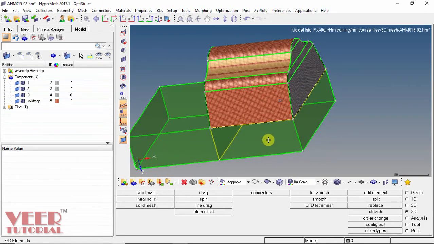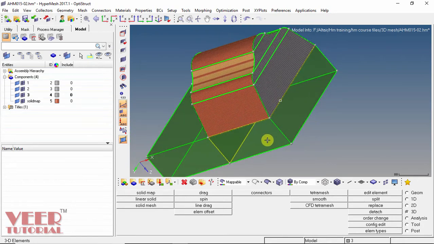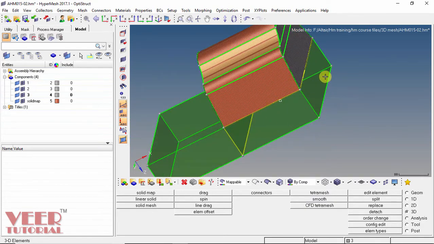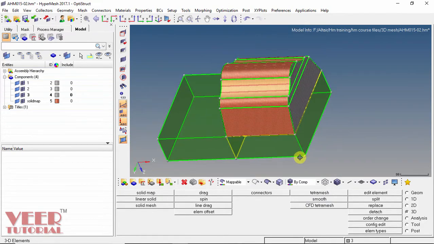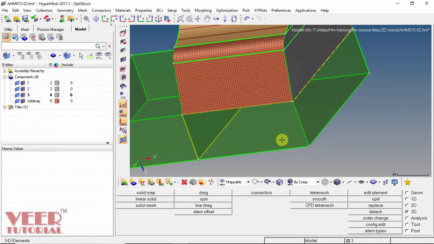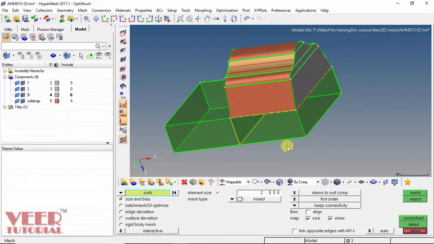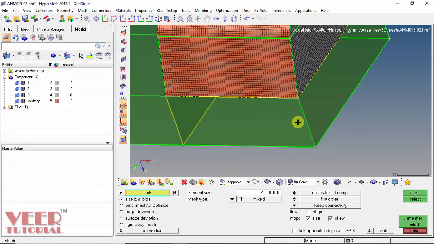We have to do the meshing of the surface that is connected to this. And the main surface that is connected is this bottom surface. So we have to do the meshing of this. To do the meshing of this, either we can select this surface or we can select this surface. Suppose I select this surface. So go to 2D, auto mesh and suppose I select this surface and then go to mesh.